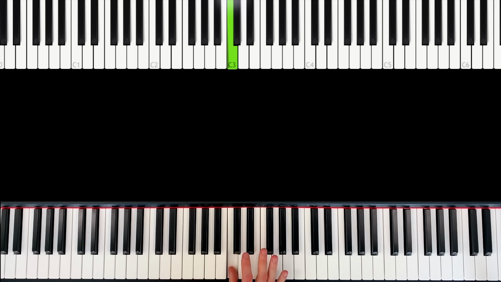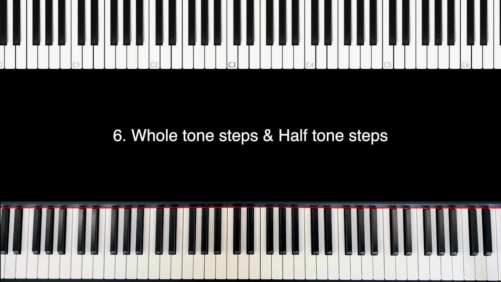Maybe it sounds a bit confusing right now, but you will see very soon that it's much easier than it seems to be. Okay, let's talk about whole tone steps and half tone steps. I already shared a secret that I go deep into the piano with my finger so that I can really meet the next note when I go to the right. So really, when I go to the right here, the next key is the black one. And this is what is called a halftone step, or you can also call it half step or semitone step.